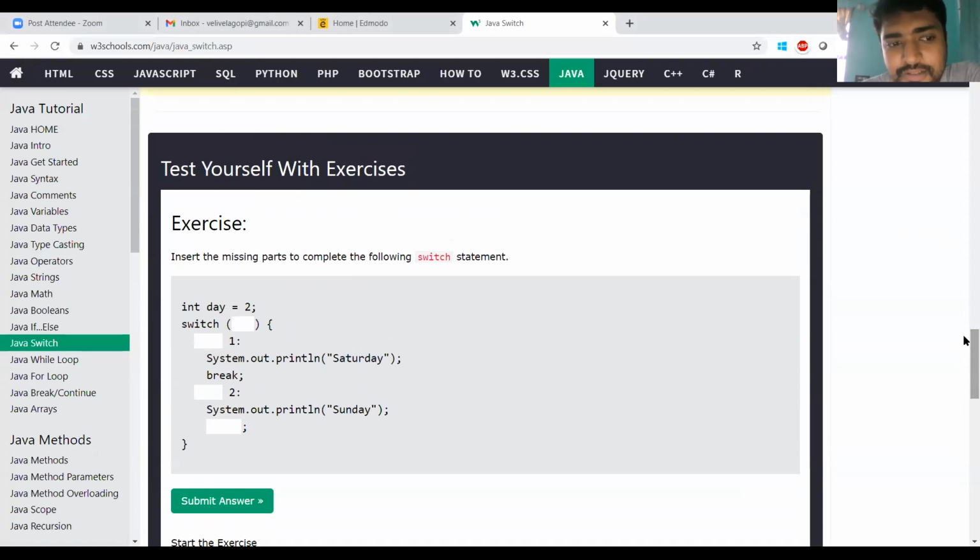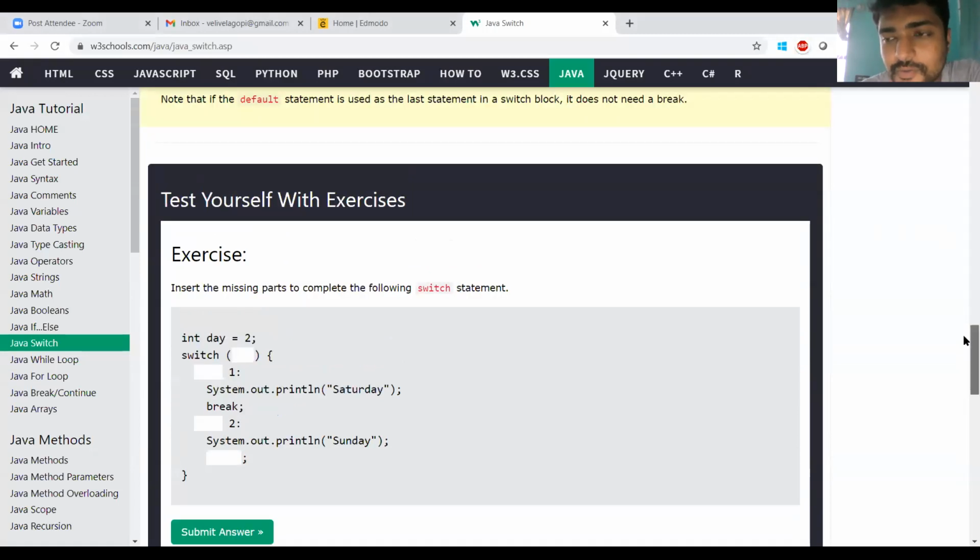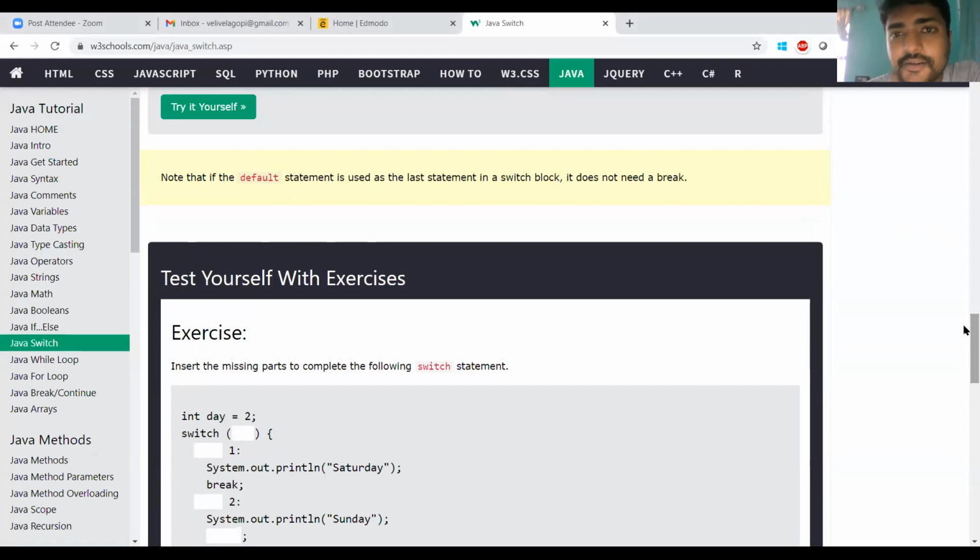So this is all about the switch cases. We have nested switch cases also. A switch within a switch, we have another switch case. That is also possible in Java, and the C language also supports nested switch statements. This is all about the selection statement. That means you have to select one statement among the available options. We can use the if variations as well as switch variations.